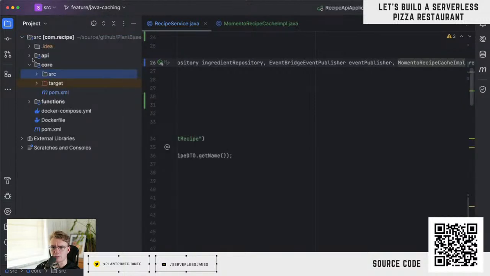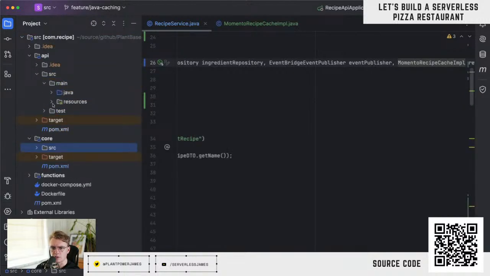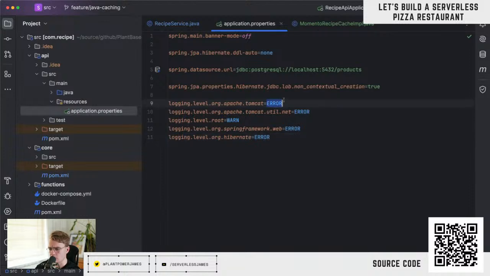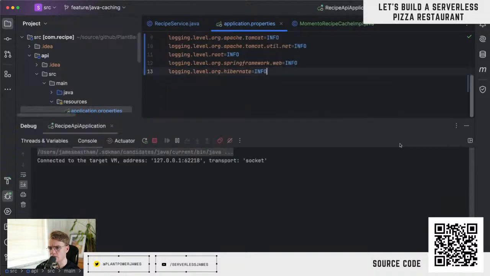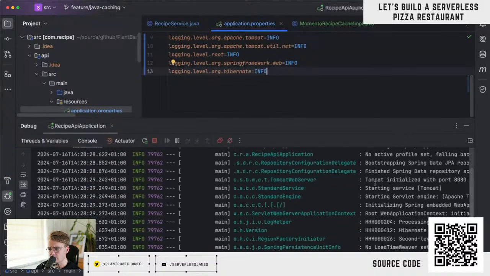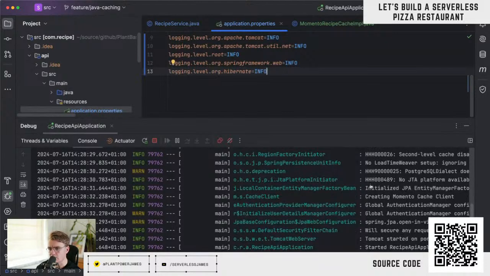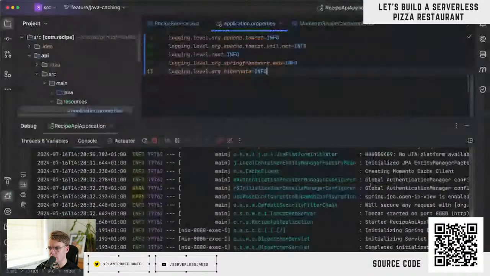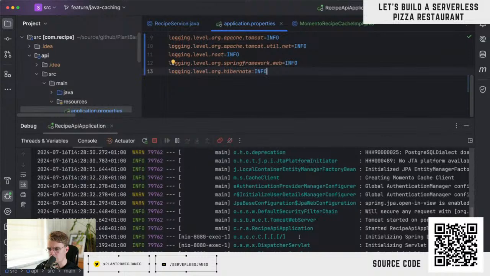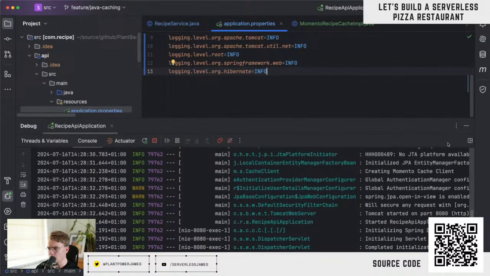Okay, let's try updating my debug configuration. So in here, in my resources, set everything back to info. Let's start this up again. Hey, there we go. So we have a bit more stuff now. It's looking better. Port 8080, get recipes. Got an internal server error,